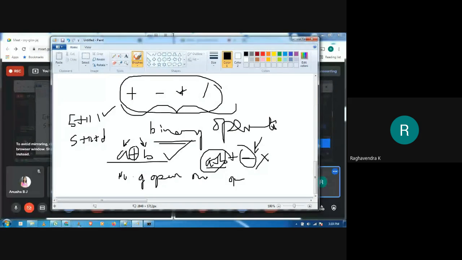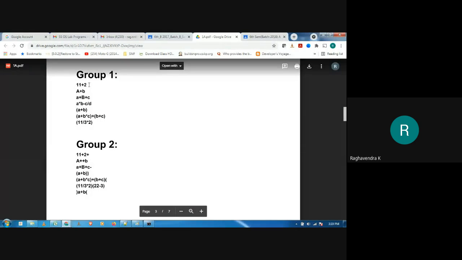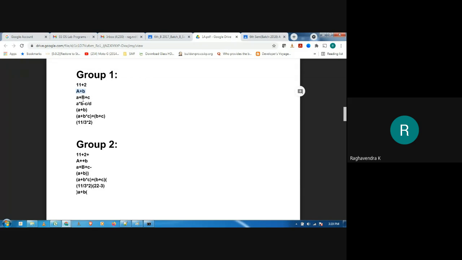So let us see whether this logic works or not. Is the number of operands one greater than the number of operators? Yes. One operator, two operands: valid. Now here in this case, operand count is 3.